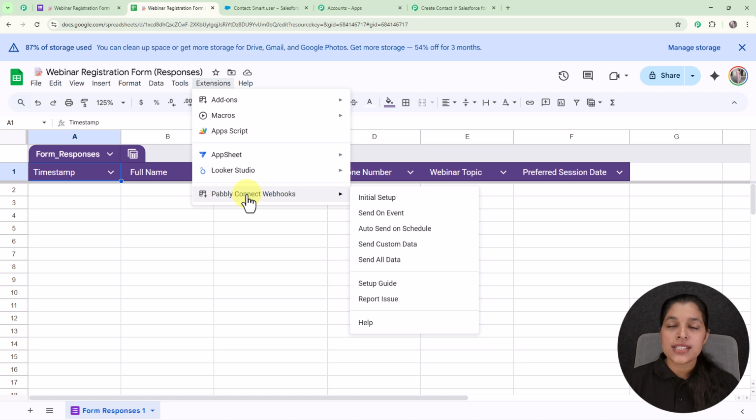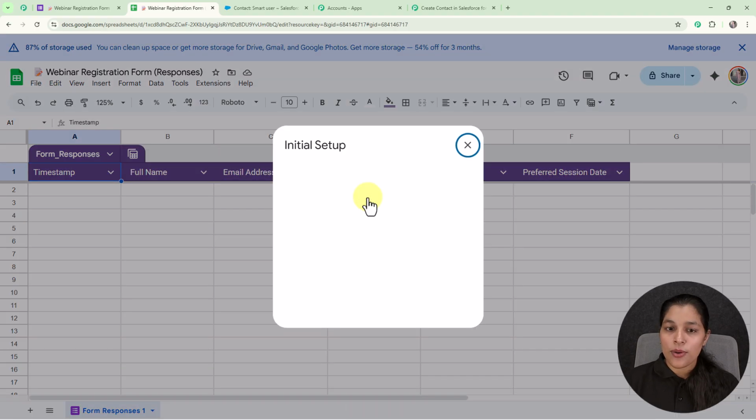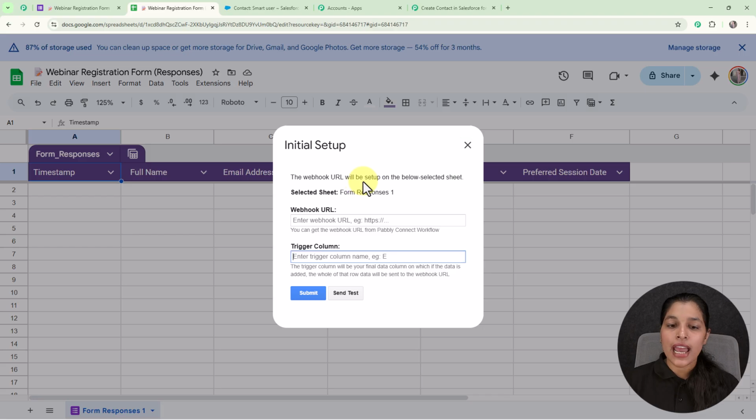So you just have to select it, and afterwards you just have to go to the initial setup, and you will be getting the initial setup dialog box, which can be seen here. And on this initial setup dialog box we are getting the first option for entering the webhook URL. So this is the place where you have to paste the webhook URL which you have recently received from Pabbly Connect. So now let's paste the webhook URL, and here you can see I have entered my webhook URL,